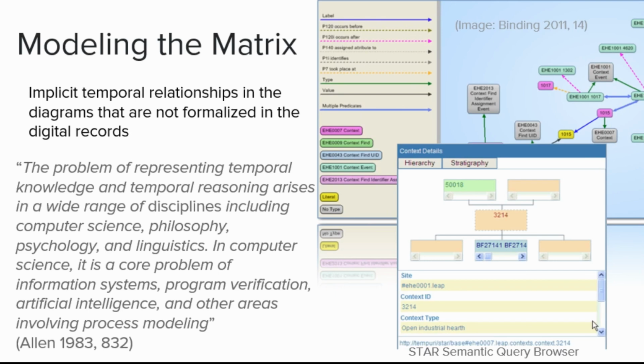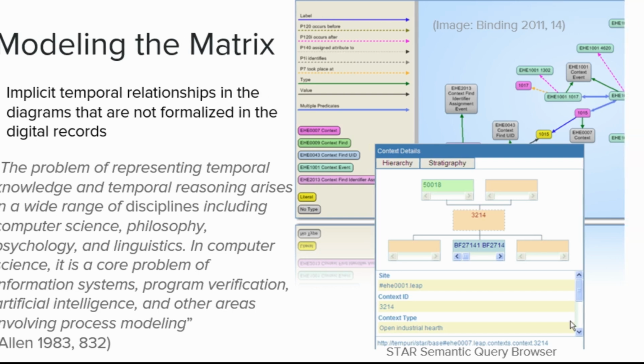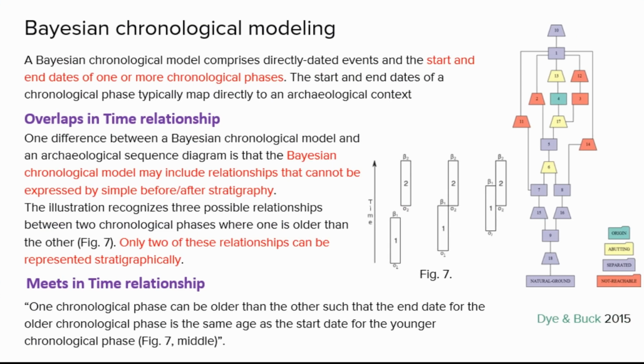But again, there's work here in terms of how we can search across this information if we have some of those temporal relationships and stratigraphic relationships built in. And this is why we are using something now in the Ariadne project called CRM Archeo to try and make that stratigraphic relationship more explicit. I'm not going to do justice to this, but they are going to do a paper after the break,